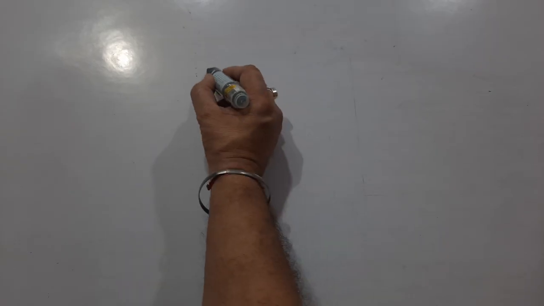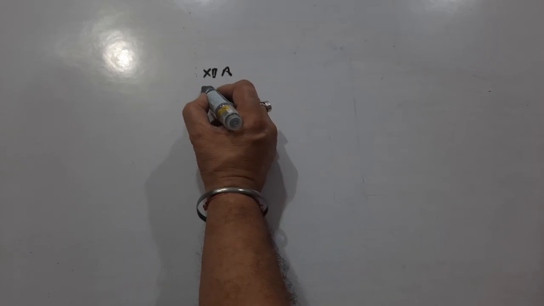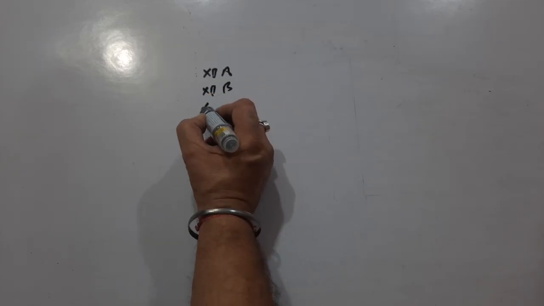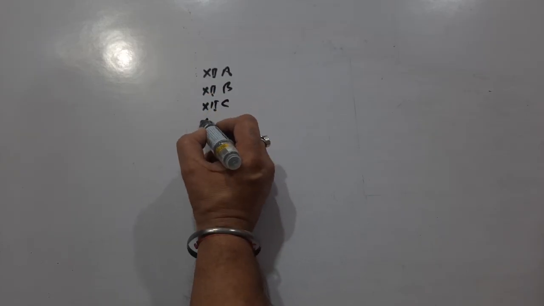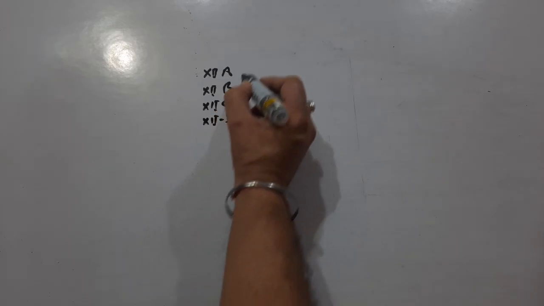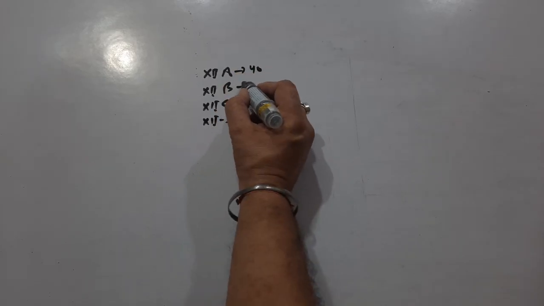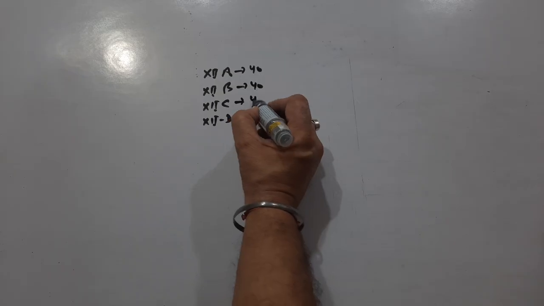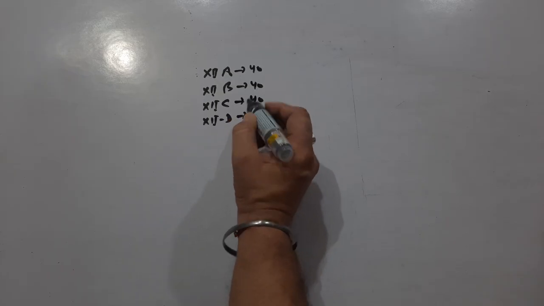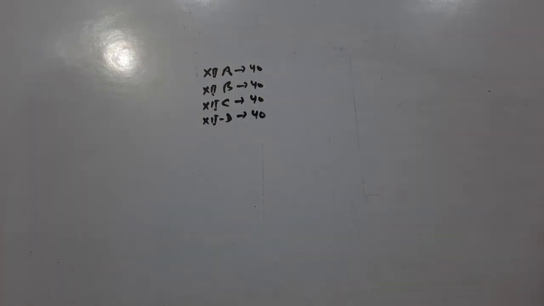If there are 4 sections, in how many ways can a set of 4 student representatives be selected, one from each section? हमारे पास +2 के 4 सेक्शंस हैं, +2A, +2B, +2C एंड +2D। इन सभी में 40 स्टूडेंट्स हैं और हमने हर सेक्शन से एक रिप्रेजेंटेटिव सिलेक्ट करना है।